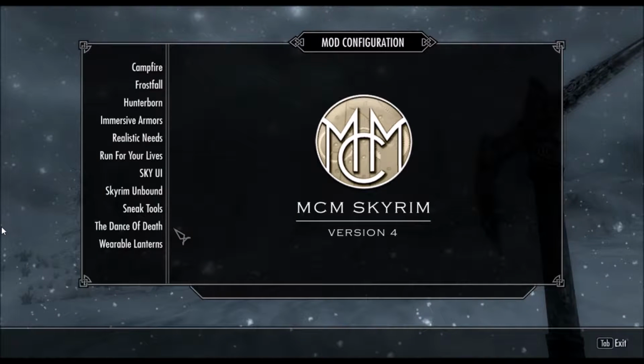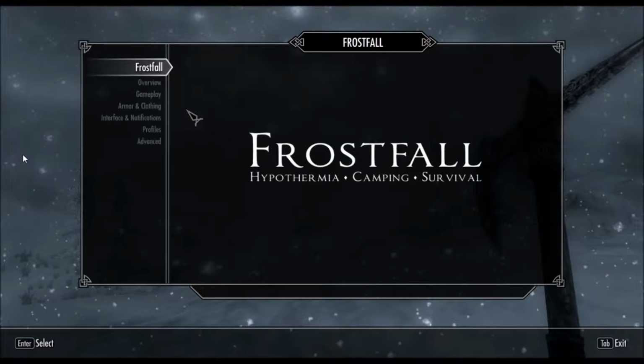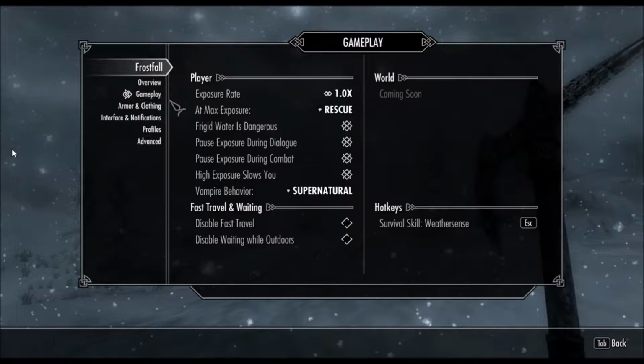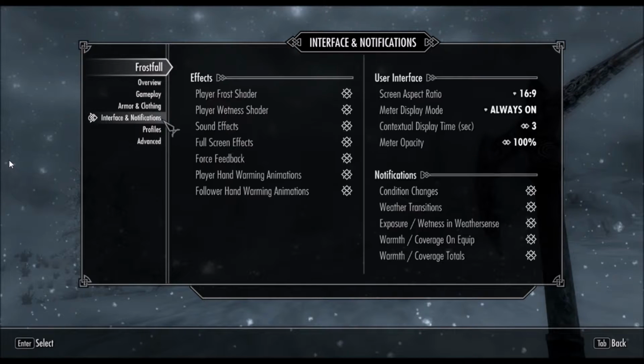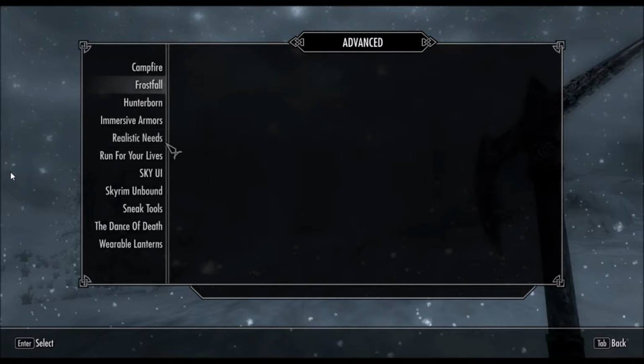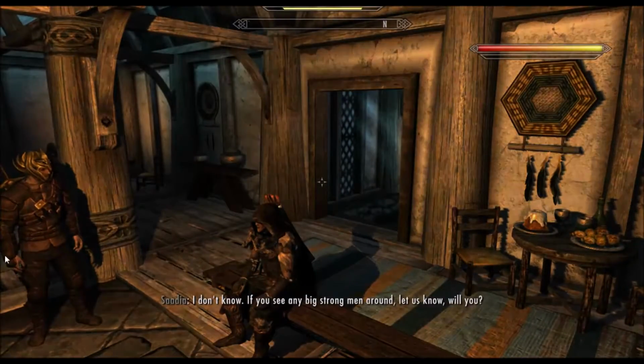The exposure and wetness meters indicate how cold and wet you are, and you have to keep these as low as possible, otherwise you will pass out and awaken in a different area, which is much more exciting than death. However, you can change this in the settings menu. The mod also adds capes and fur clothing, which increase your warmth. Each item of clothing or armor has its own warmth rating, so you'll need to keep this in mind when